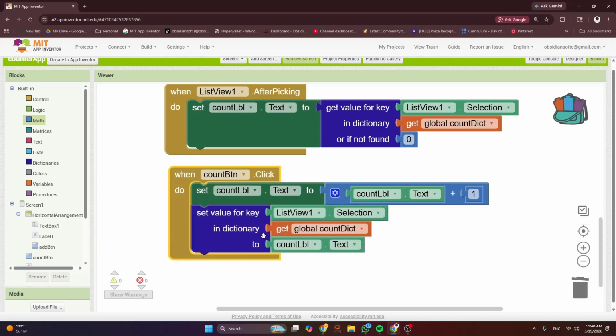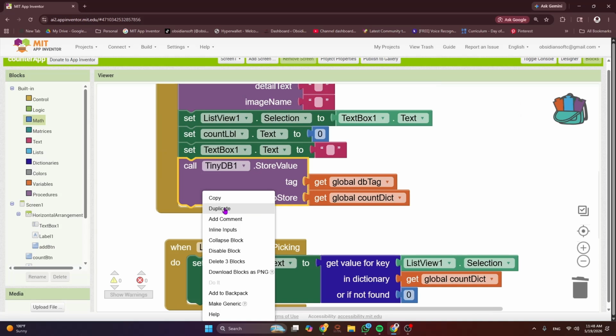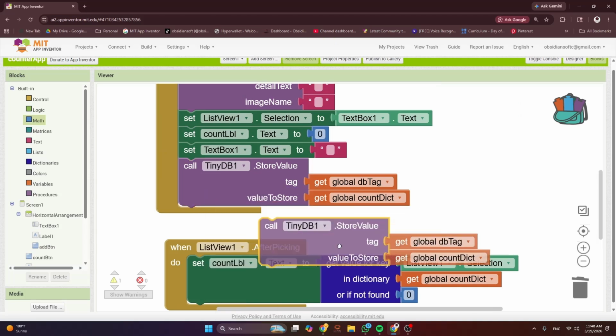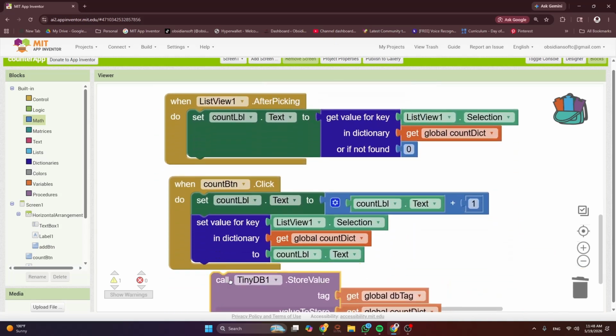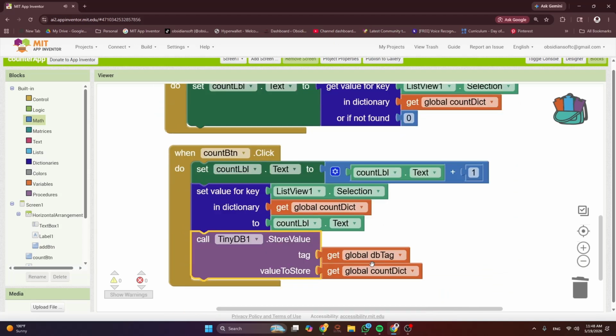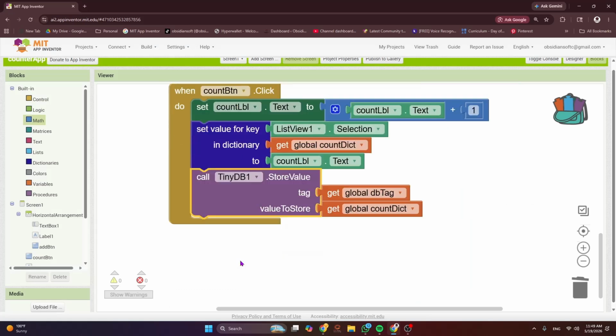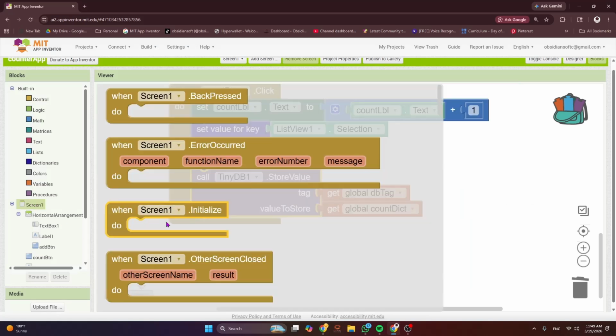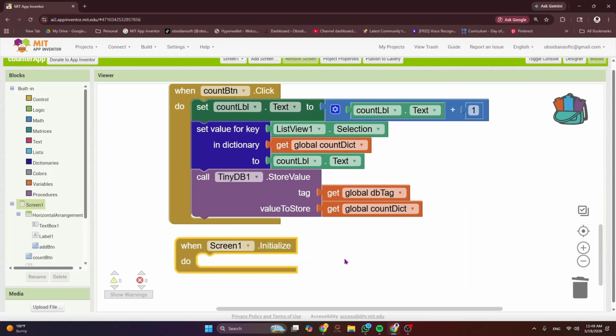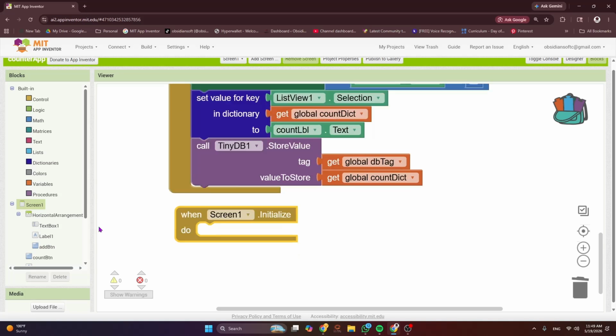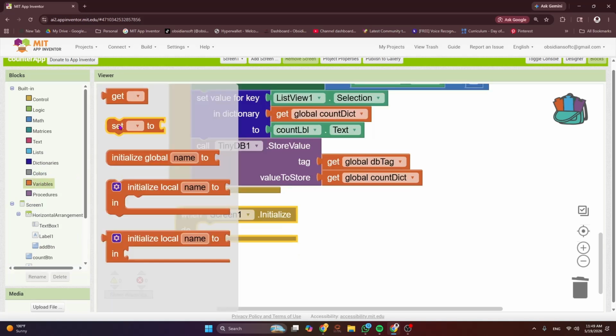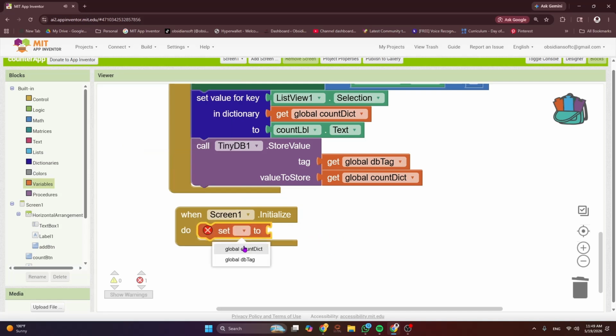Okay, that done, I'm just going to update it in the TinyDB tool. So this call is exactly the same. The count button click event is also done. Now we are left with the last thing, and that is the screen initialize event. When we open our app, we want our previous items to be in the list view and the data to be loaded. So for that, from variables, get the set block, and we are setting count dictionary to